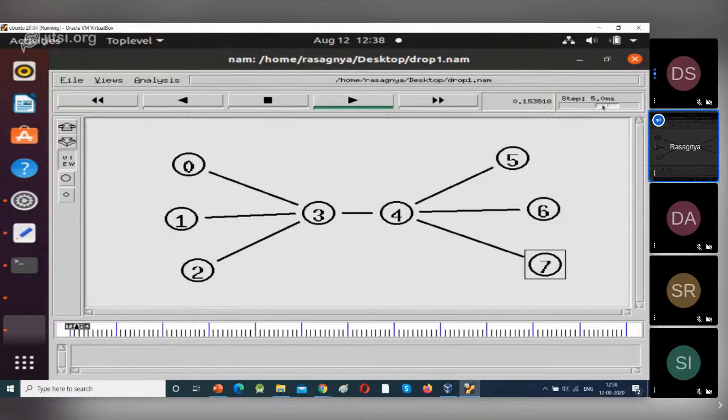Increase the speed. We have red color data, blue color data and purple color data. So first the data has been transmitted, but when the queue is getting full, it started dropping the packets.